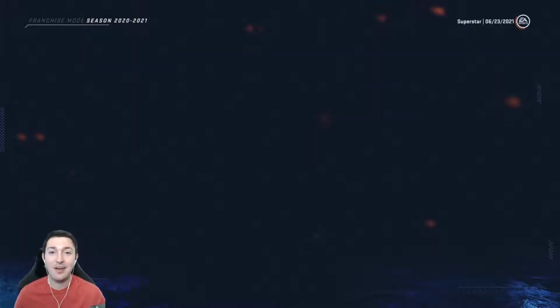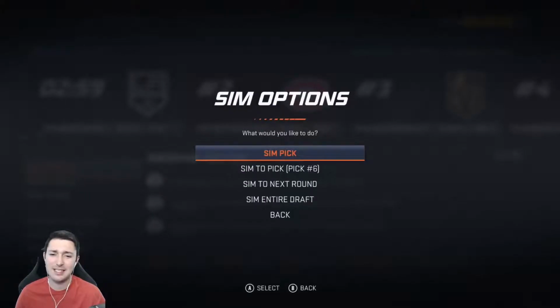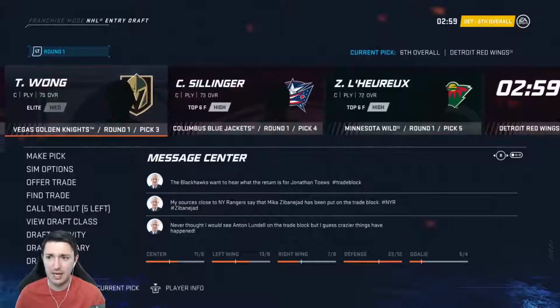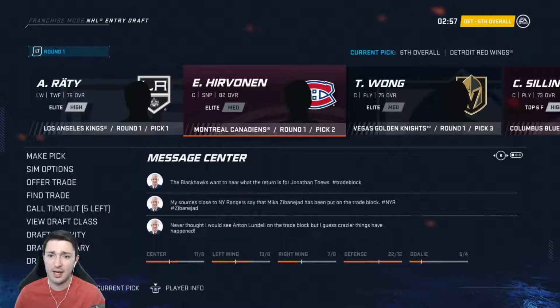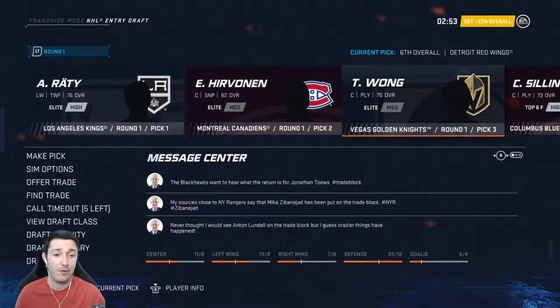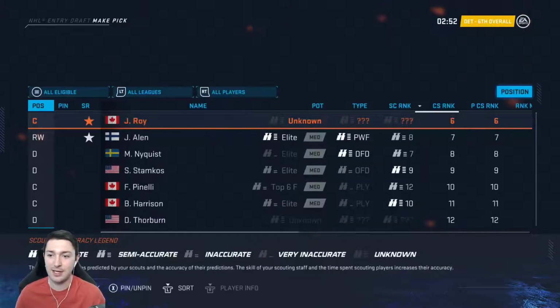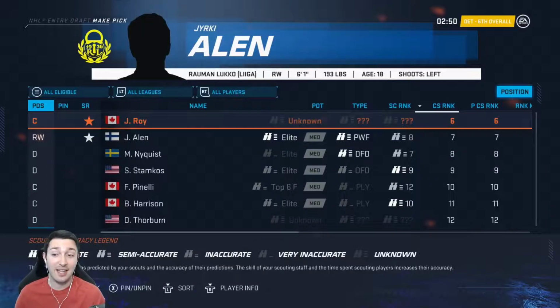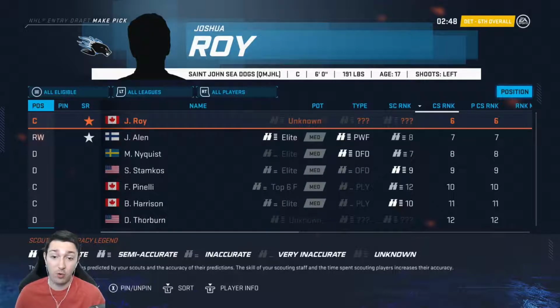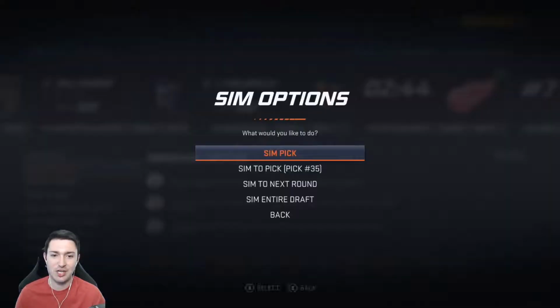Let's go ahead, see who you're going to draft and who is going to hopefully be a savior. Please make it be a defenseman. So those are the guys that went there. Oh, Hirvonen, is he better than Rotti? I don't know. It's up for debate, but pick number 6. Who is on the board? We could get Jirky Allen or Joshua Roy or Wah. I don't know how they pronounce it, but we're going to let the computer make the decision, sim the pick,